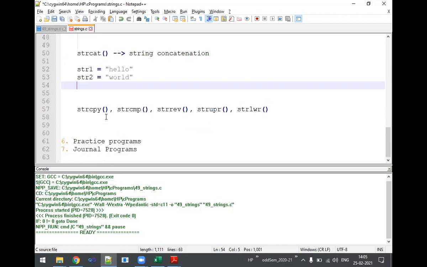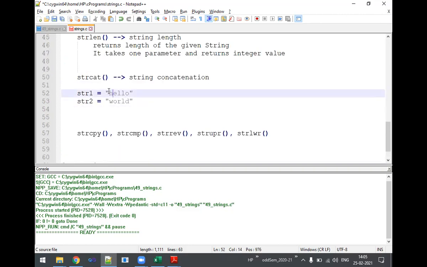If there are two strings and we want to join these two strings, that is, I want to join hello as well as world together, then the corresponding function associated with strings is called string cat, strcat. Strcat concatenates two strings. Concatenation means joining two strings.